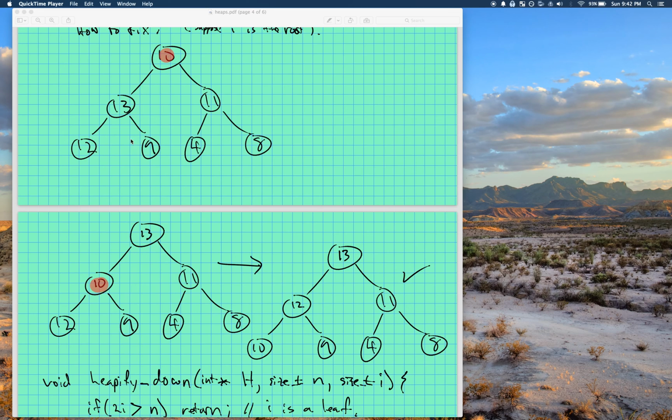So even though we would fix the part with the 10, we would not actually fix this part. I just want to be clear, because when we want to fix it, we have to fix the whole thing. And well, I'm getting too much into it, but basically, this procedure is called Heapify down,